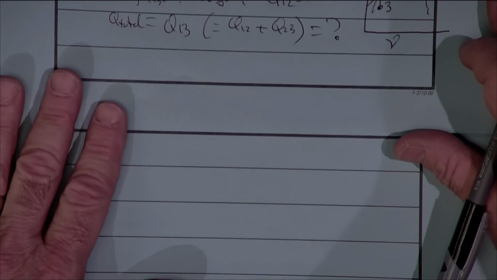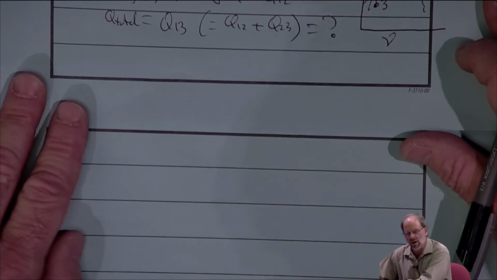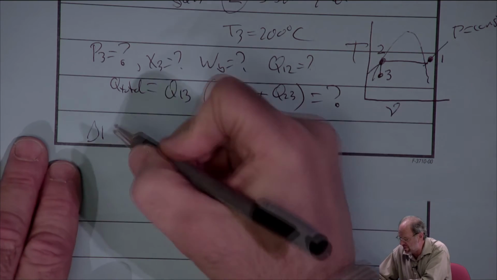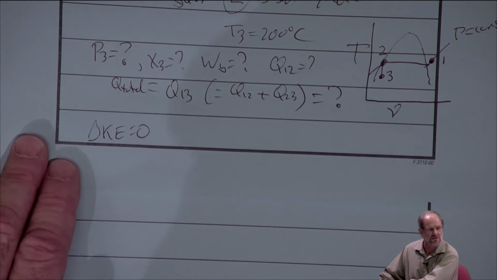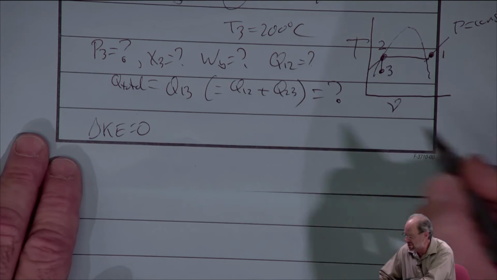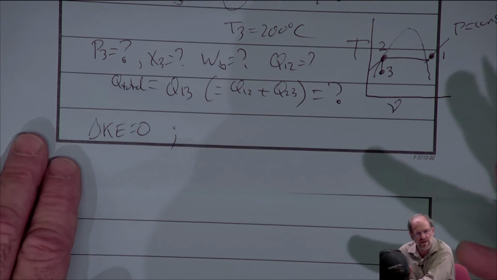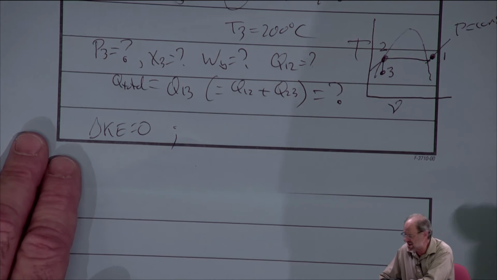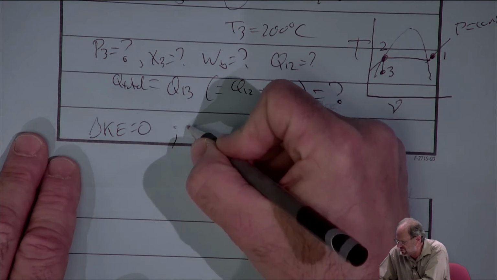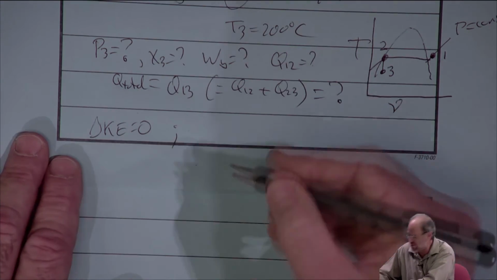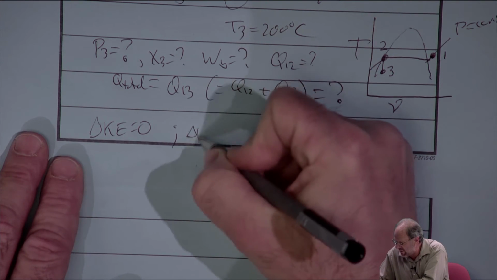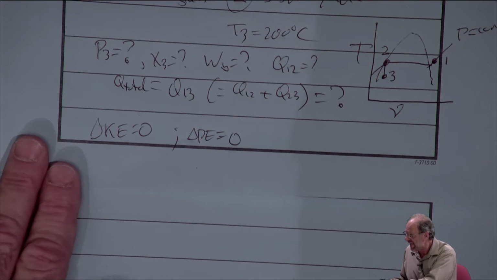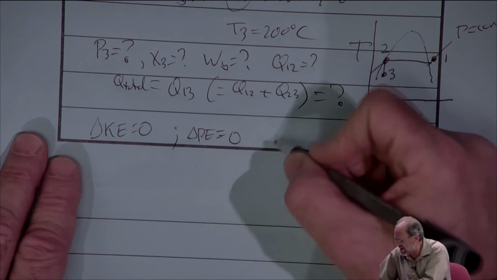What about some assumptions to make and some equations and all that? Well, like the previous problem, we'll note that there's no velocity associated with the water that's inside this container, so there's no kinetic energy change. We'll also note that the height change is probably minimal, but we don't know for sure just because we don't have any geometry data, so we'll just have to assume that this is a pretty small system. I mean, it's just 1/3 of a kilogram. That's not much, so we can note that we'll assume that there's no change in potential energy. All right? What about the work?